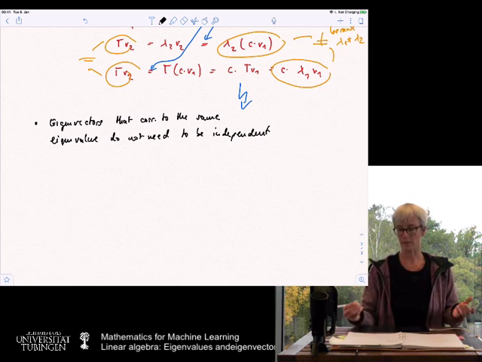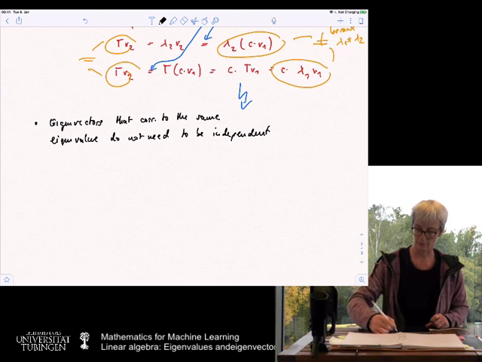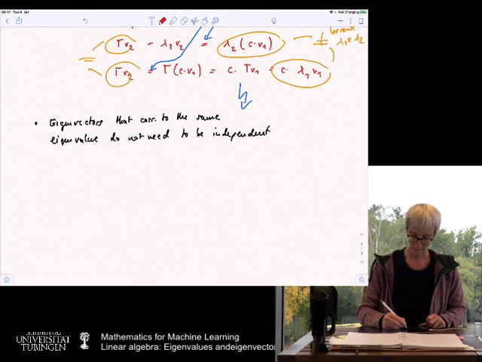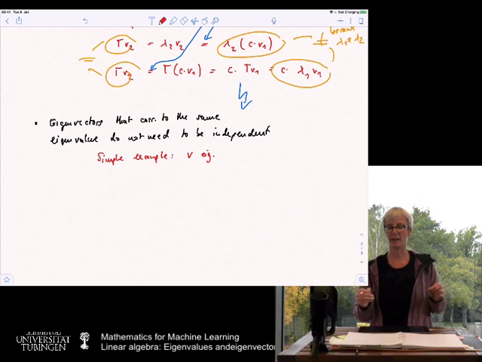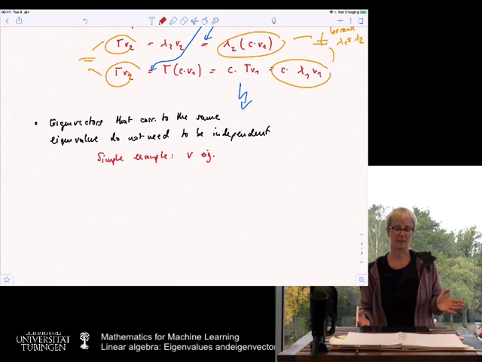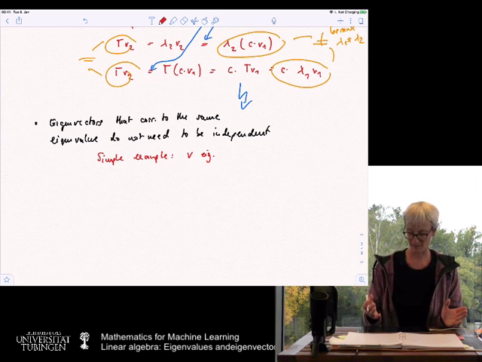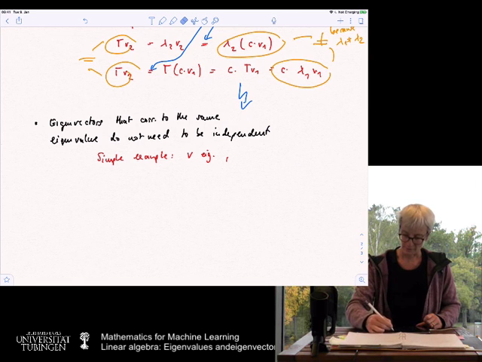And we have already seen the example earlier. If you have just a vector, then A times the vector is also an example, the simple example. If V is an eigenvector, I often abbreviate it now as Eig. And Eig can either mean eigenvalue or eigenvector, and in this case it means an eigenvector because V is a vector, so not a value. So if V is an eigenvector, this also implies